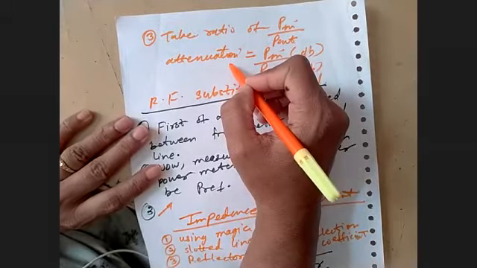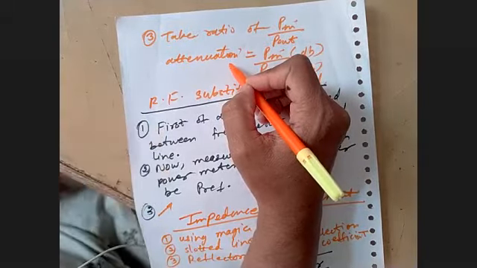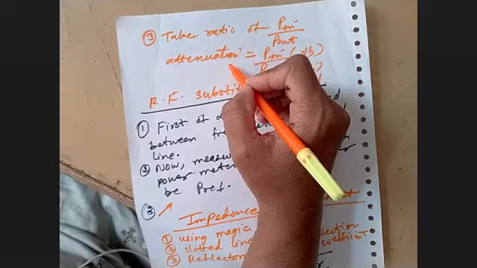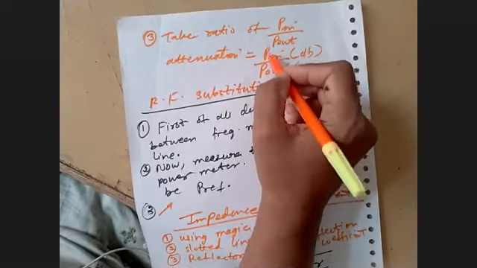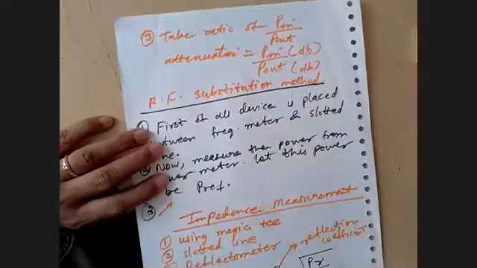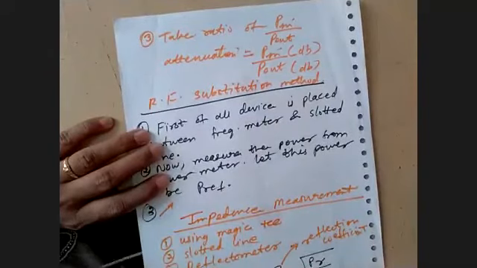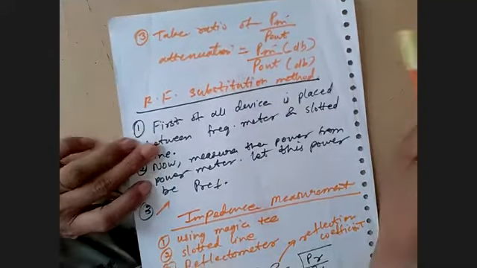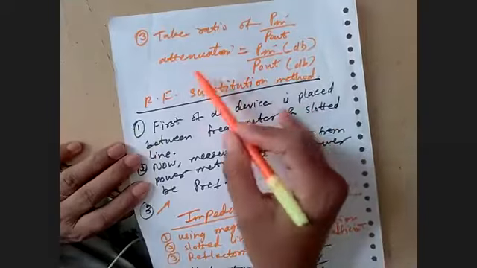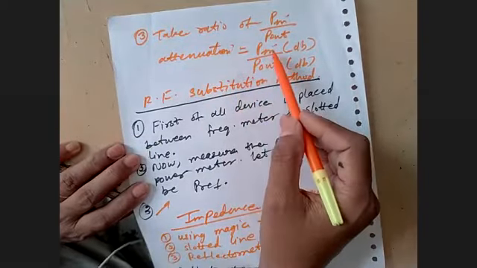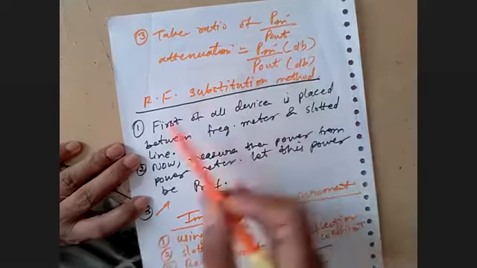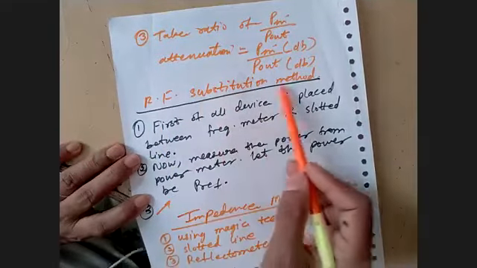But since the crystal detector is used, which is a diode, and a diode is a non-linear device, because of that the output is not proportional to the input power. So whatever the ratio is giving here is not completely correct. So the next method is called the RF substitution method.